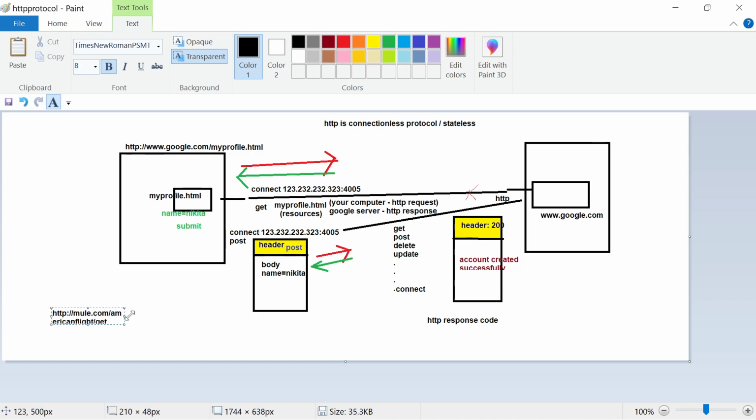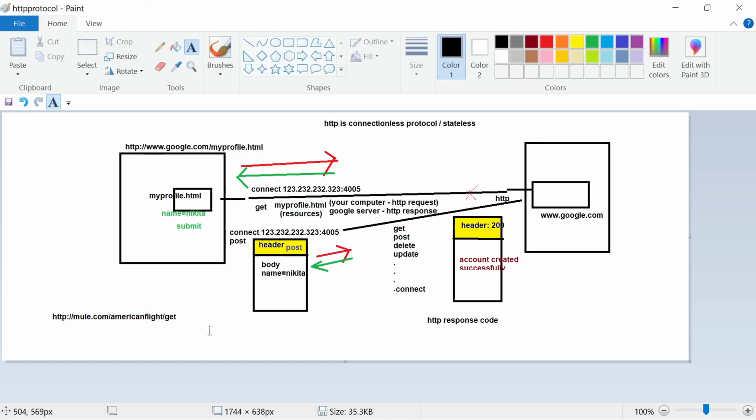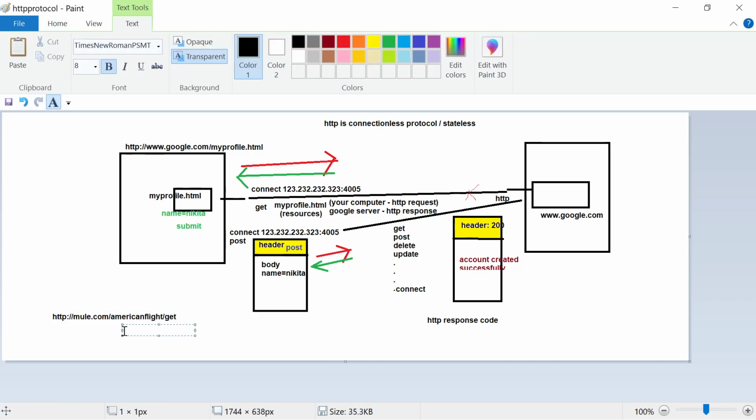What is happening? Actually, this link is getting converted into a GET request. You're giving some command and then probably sending some data. What you're actually looking for is the resource. You're looking for slash flights and slash get. You're giving a GET command and you're giving the resource. So instead of saying get flights, if you say get hotels, you'll get hotel information